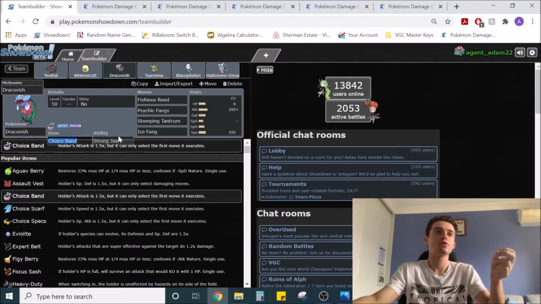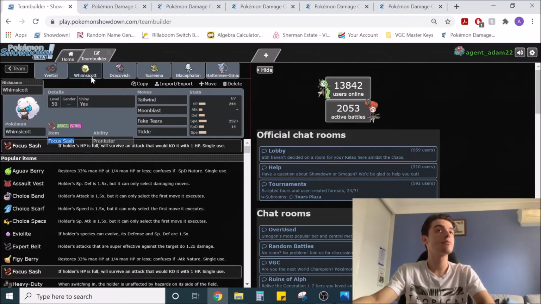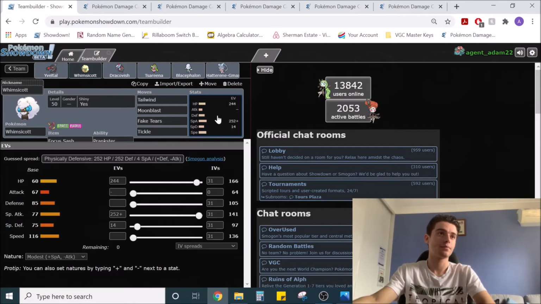Dracovish is here, and I'm doing very standard Dracovish stuff this week. I'll go back to Whimsicott's EVs. It's very, very simple. Like I said, I needed 0 speed investment. 252 modest gets me to 141 to make this thing as much of a tank as I can. 244 HP gets me to